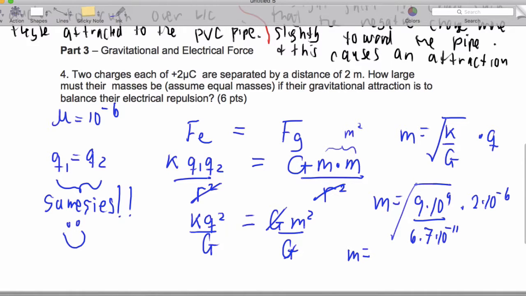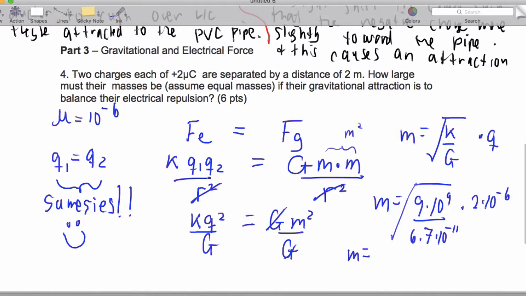So, 9 times 10 to the 9th divided by 6.7 times 10 to the negative 11th, under a square root, times 2 times 10 to the negative 6th